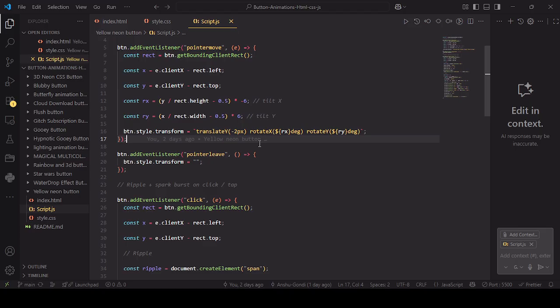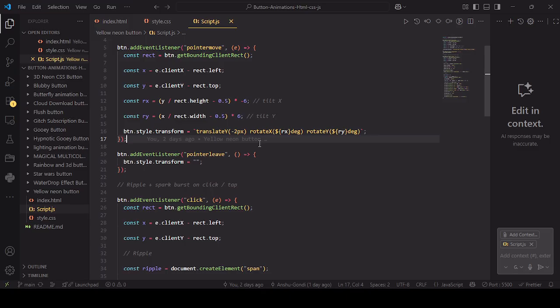As the event goes, it is going to take the button's getBoundingClientRect function, which will track how and where it is, and it will calculate event.clientX minus rect.left of that pixel, and then similarly in the y with rect.top,